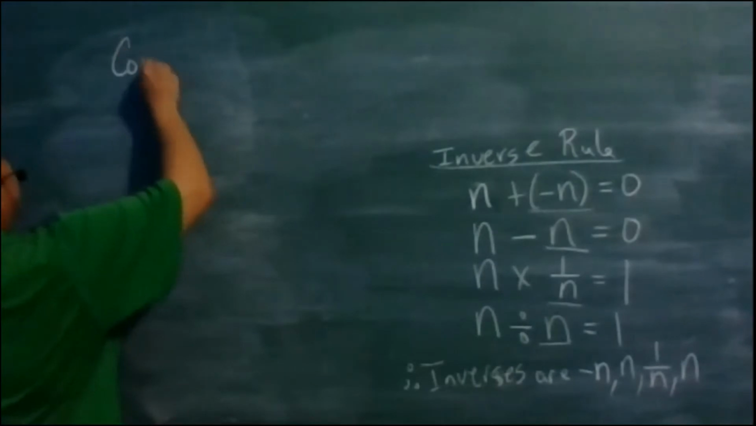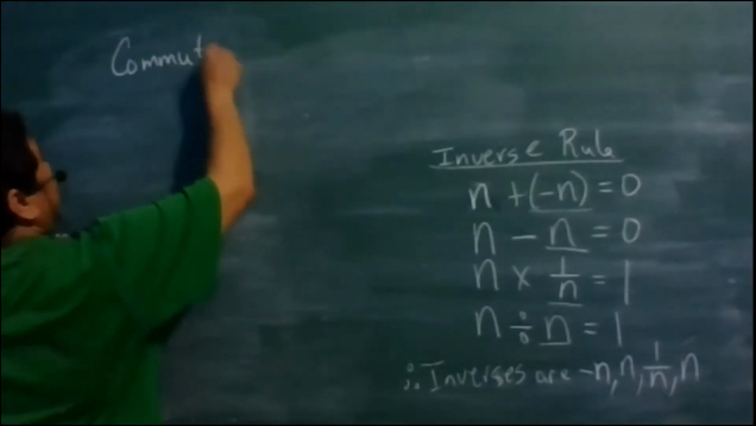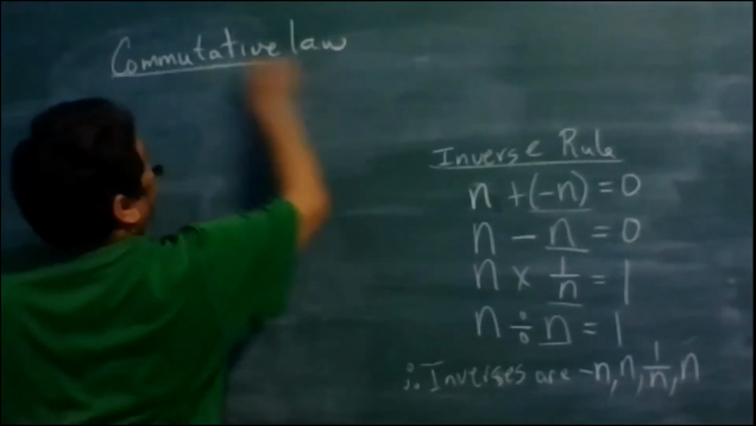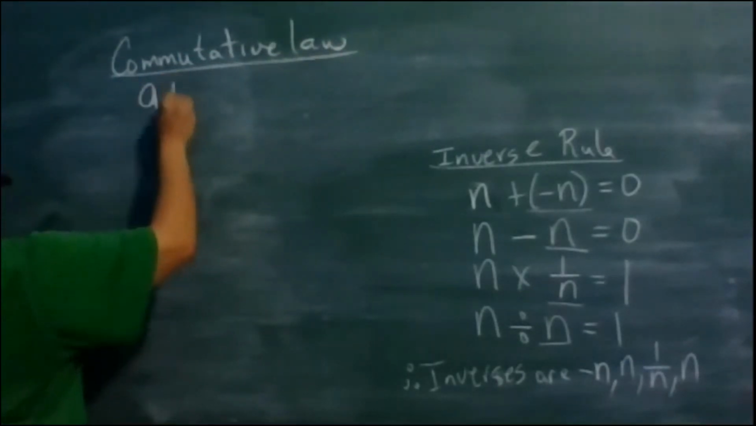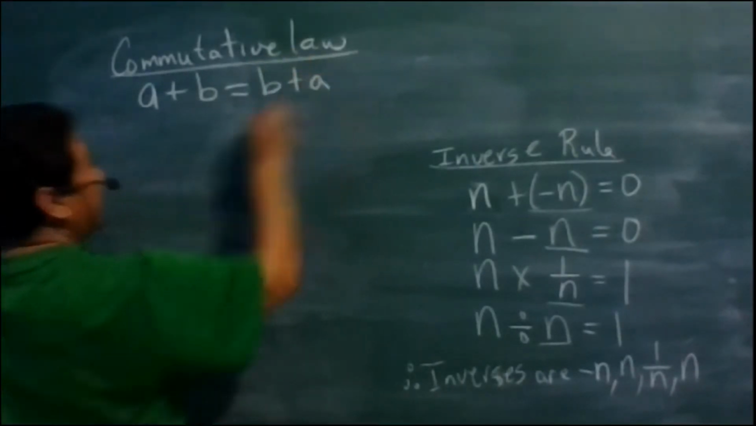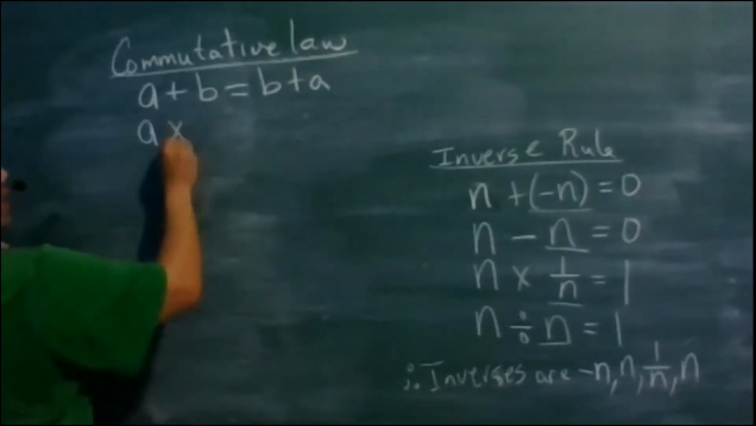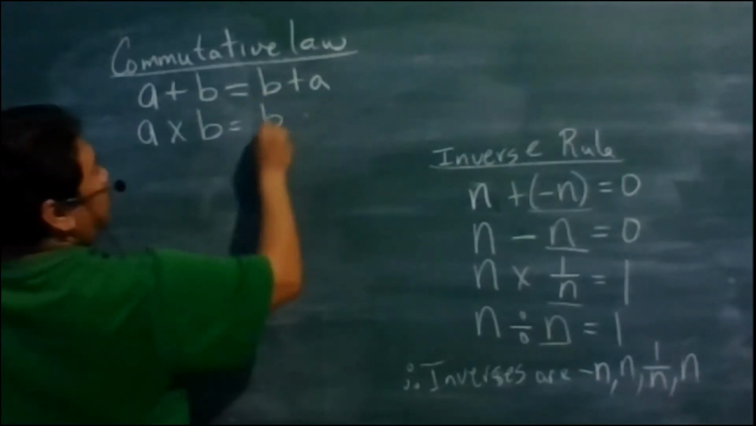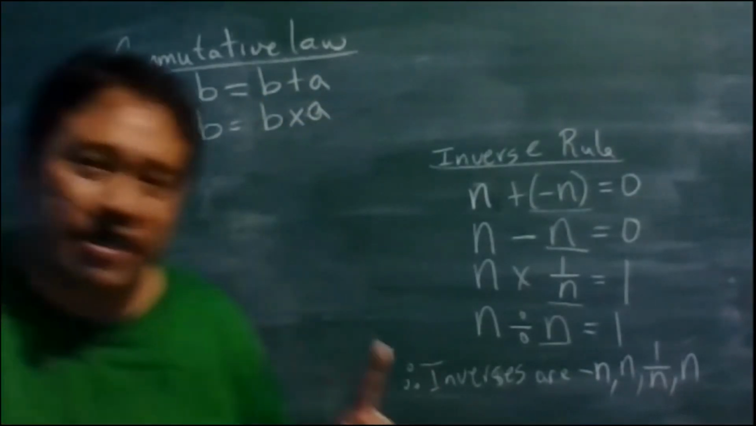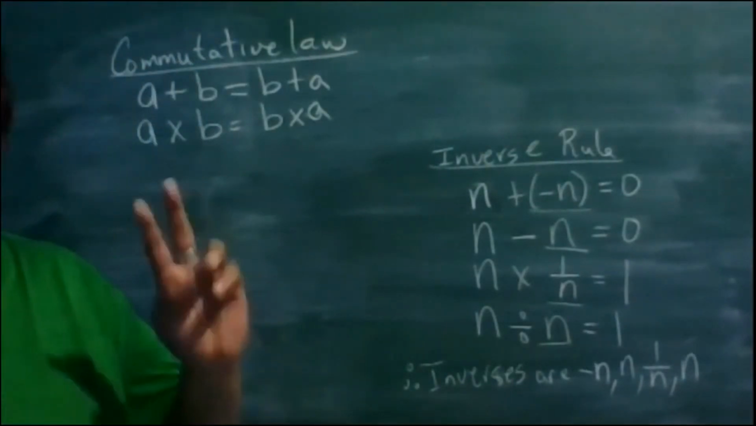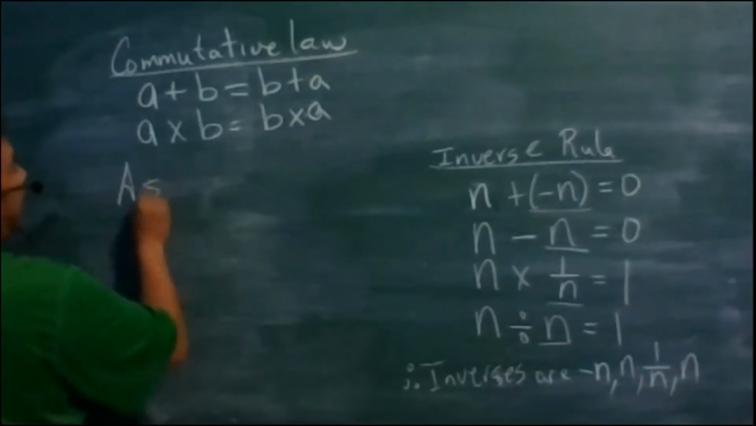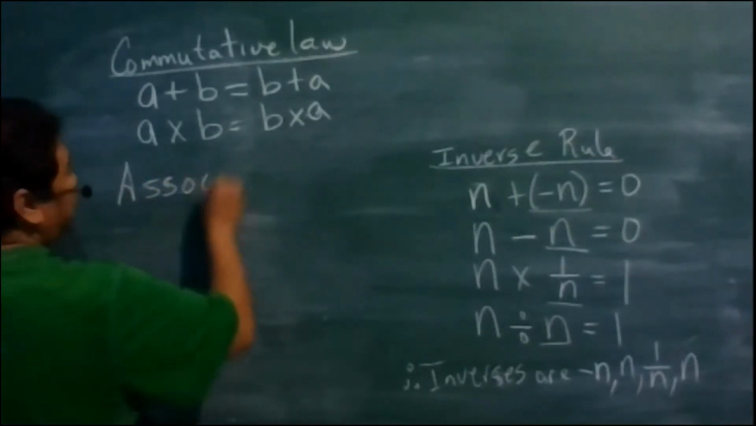So the commutative law, which we looked at just a little while ago, said that A plus B is equal to B plus A. We said that A times B equals B times A. We said it works for multiplication, and we said it works for addition. The one that we just read is called the associative